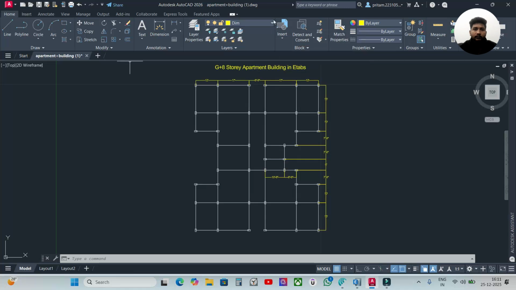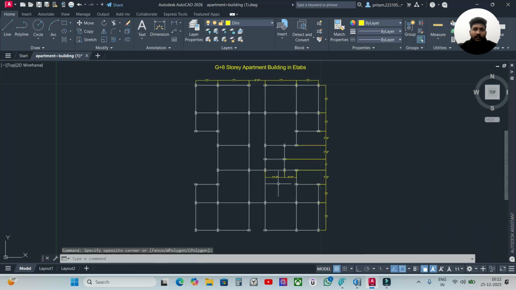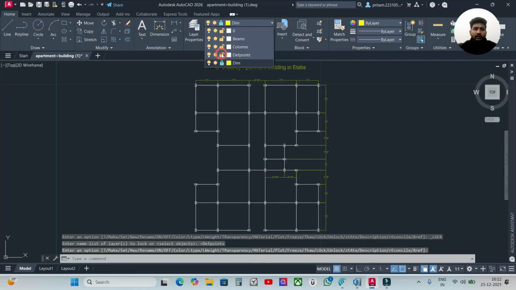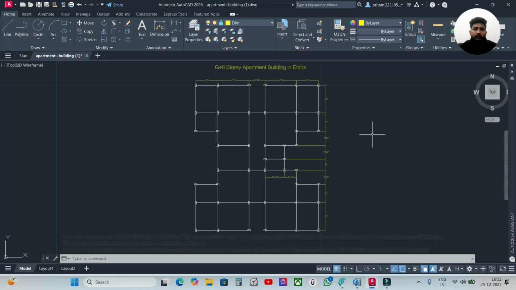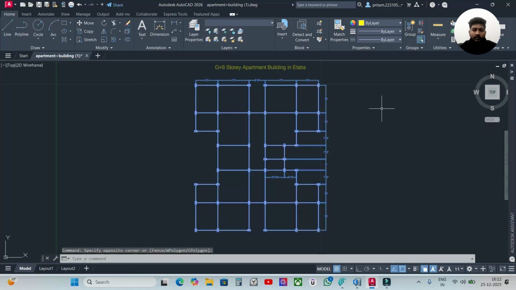So for that, we have to drag and select them, but when we drag here, all the dimensions will also be selected. We only want the beam and the column. So for that, in this layer tab, we will be turning off this dimension, this defpoints and this 0 layer. Okay, we will only keep unlocked this beam and the column. Okay, then after we will just drag here and select this part, then Control C, and first of all select a point here. Okay,